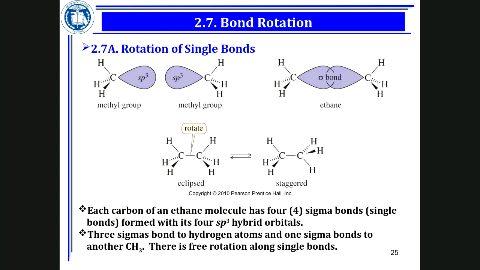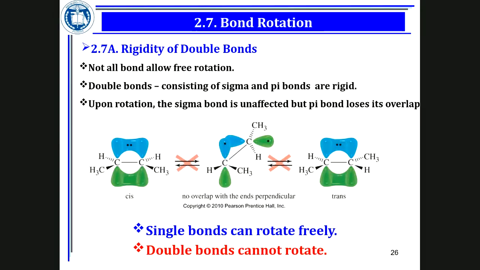Rotation around a carbon-carbon double bond is not free of energy, so you get cis versus trans. In cis, the same groups are on the same side, and in trans, the same groups are on opposite sides. Based on these two structures, I don't expect you to know it, but can you imagine which one is more stable? Is the cis more stable, or the trans? Trans is more stable. Very good.